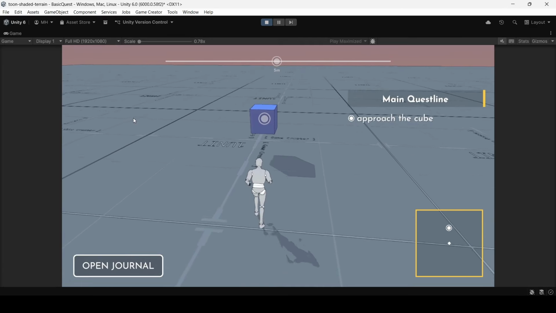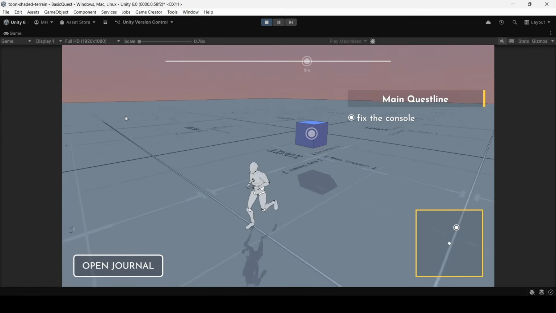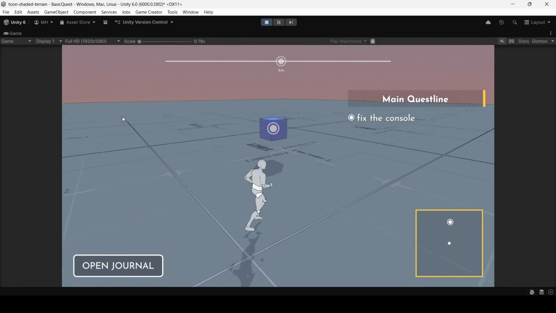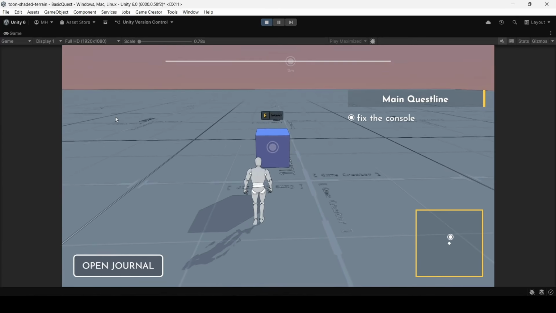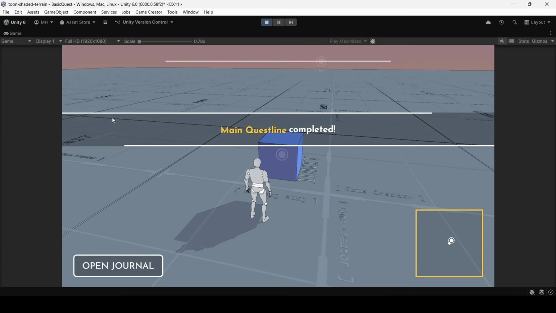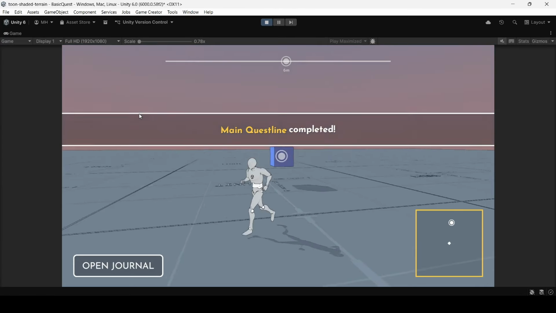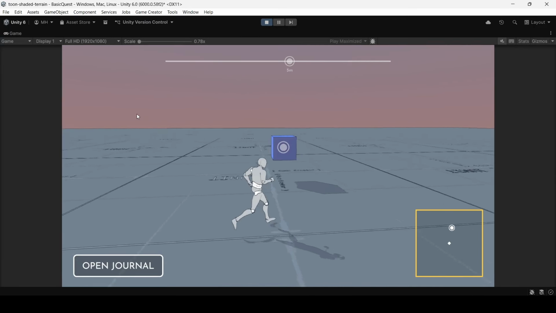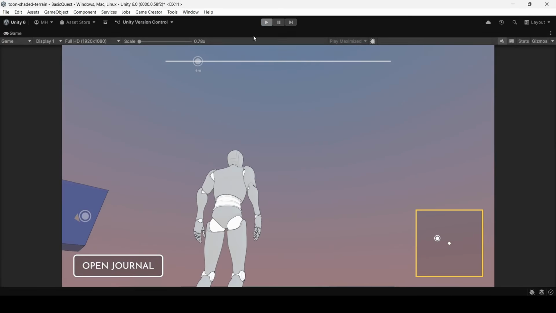Up we go. Approach the cube. The point of interest is still there, which is good. And then if we interact, the point of interest is always going to be there. See, you want that to disappear when the quest is completed. So